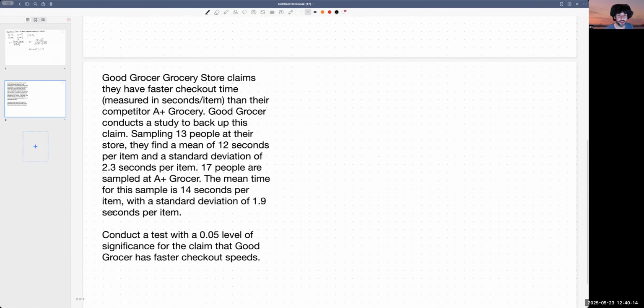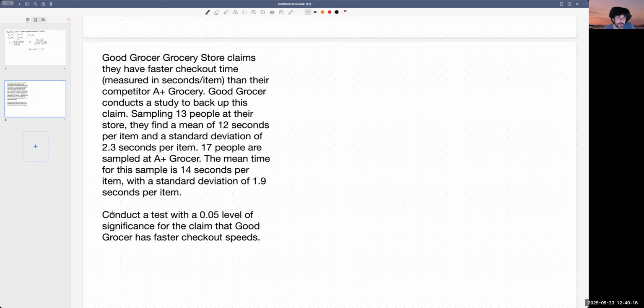So here's my sample problem. Good Grocer, a grocery store, claims they have a faster checkout time, measured in seconds per item, than their competitor, A Plus Grocery. Good Grocer conducts a study to back up this claim. They sample 13 people at their store. They find a mean of 12 seconds per item and a standard deviation of 2.3 seconds per item. 17 people are sampled at the other grocery store, with a mean time of 14 seconds per item and a standard deviation of 1.9 seconds per item. We're going to conduct a test with a 0.05 level of significance